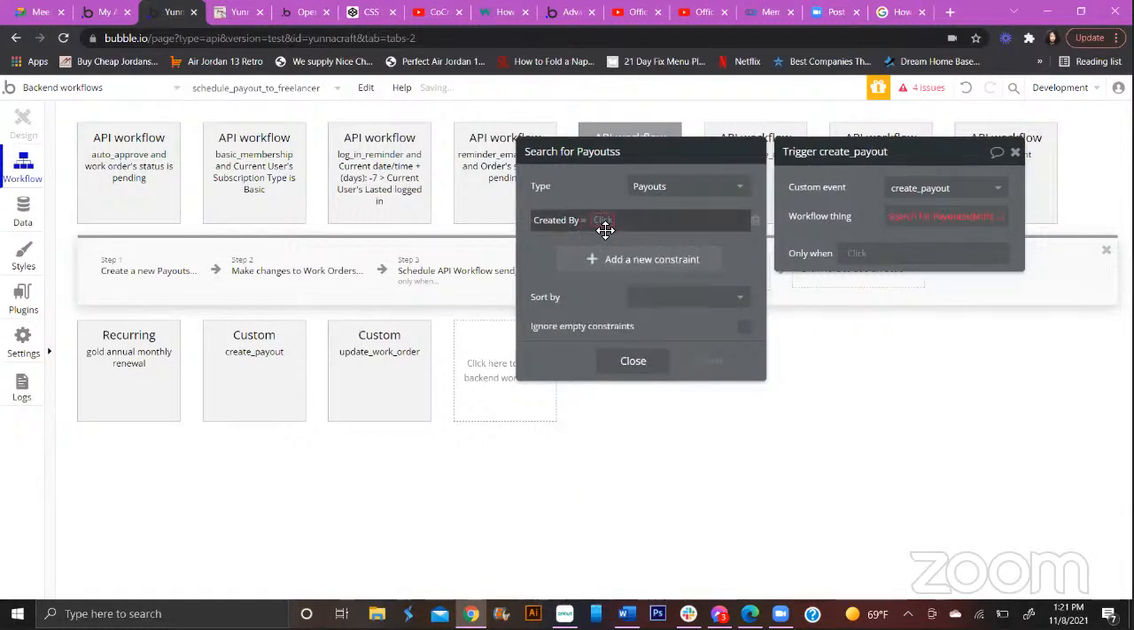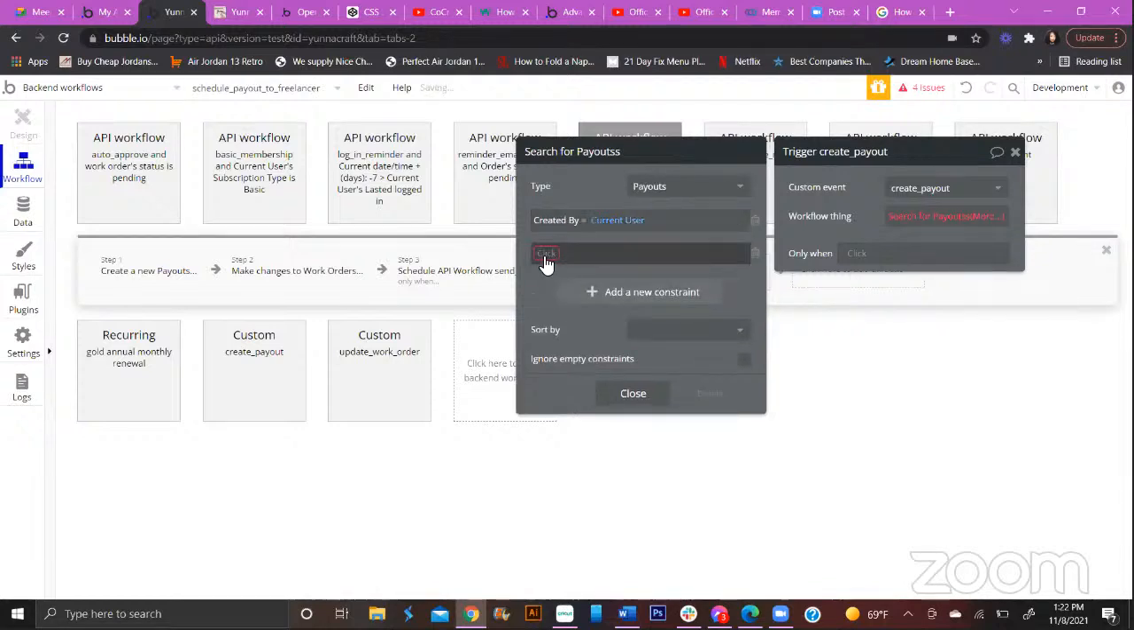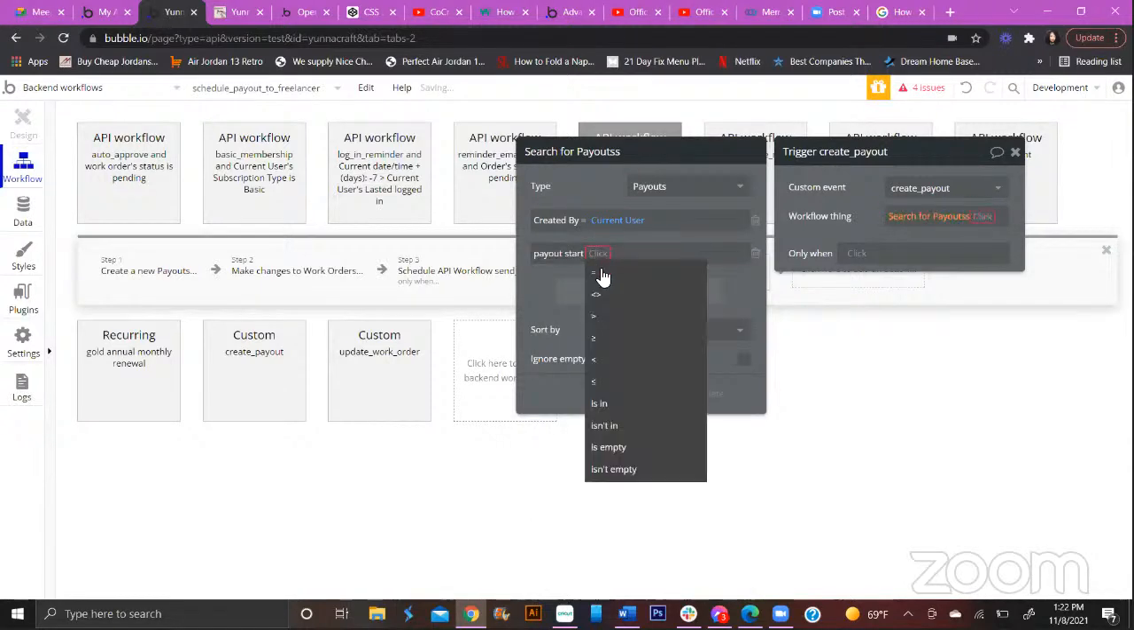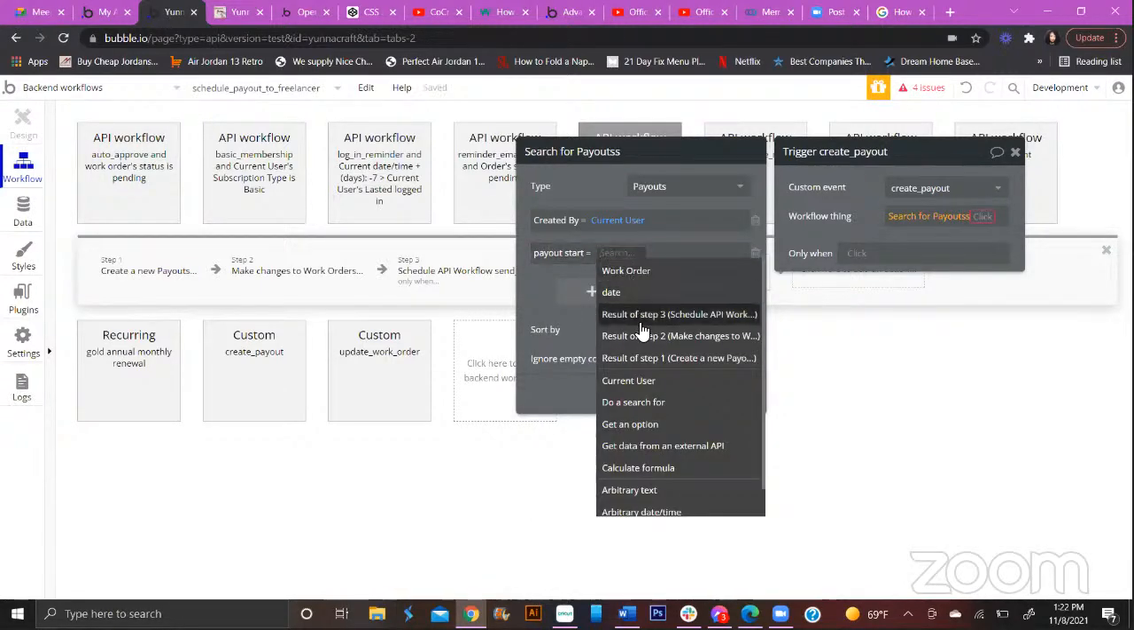And the reason I abstract that out is because during testing, if you ever have to go in and help someone out from the back end, then you can manually assign the owner to be a particular user. Because if you ever created a payout in the back end for a user, it would have you as the creator, not them. Right, gotcha. That's why I usually abstract that out. Okay, and then add a new constraint, and the payout start would equal